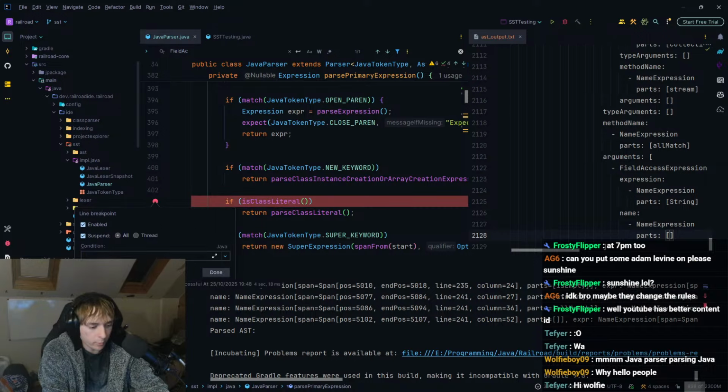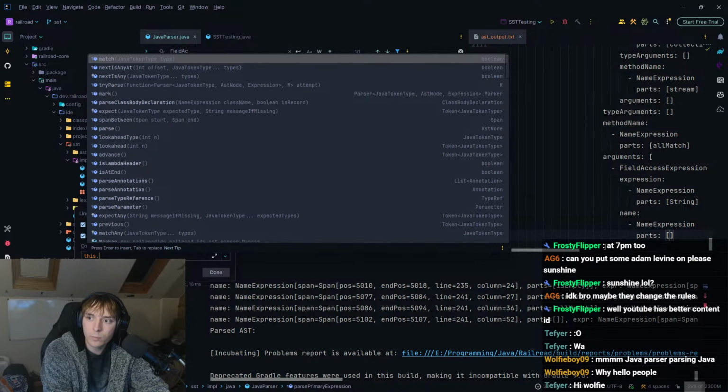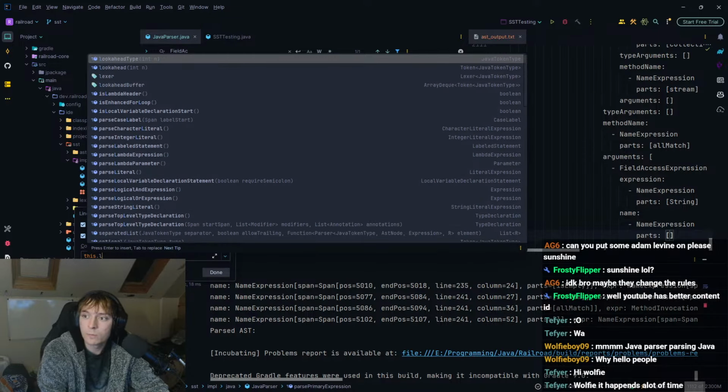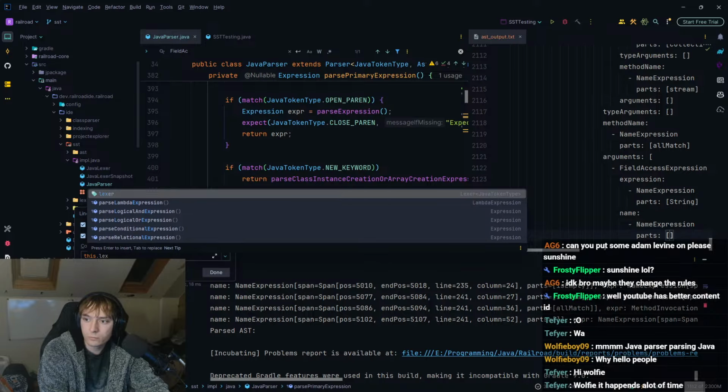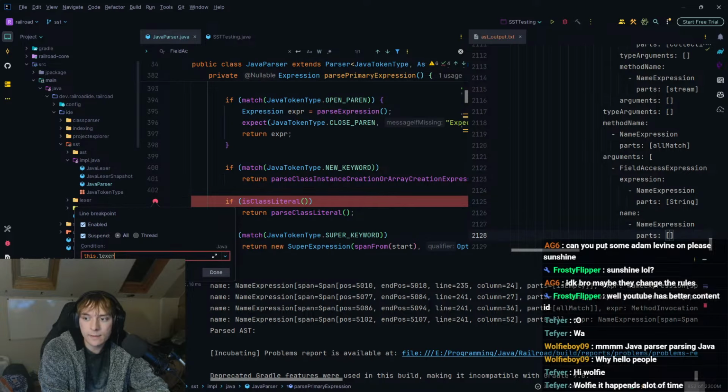So if we breakpoint and say this dot, how do we get the pos? Shit. We can't get the lexer, can we? We kind of can, but the lexer isn't going to have the right pos.